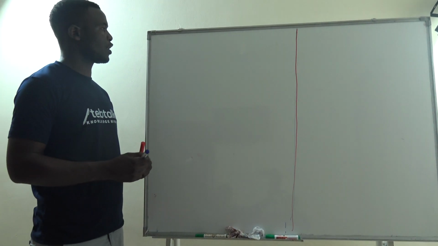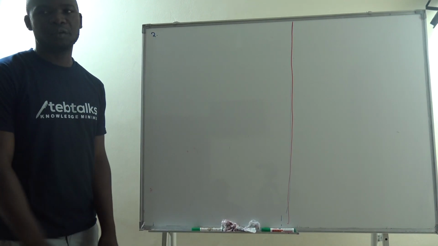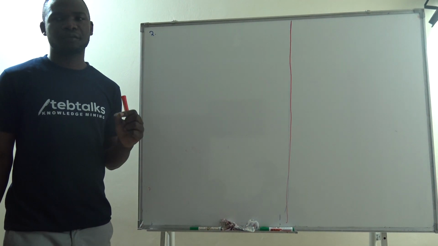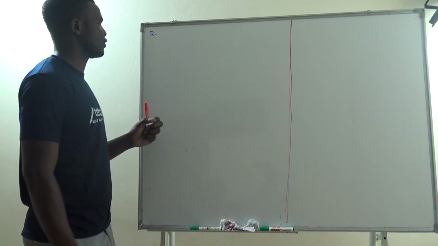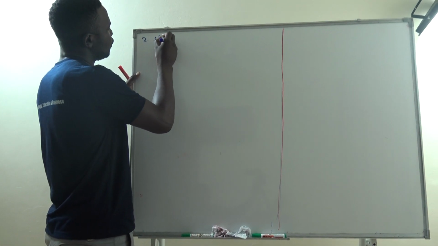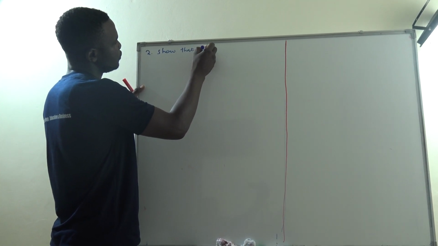Still on the uses of dimensions, we are looking at the second example where we are still using dimensions to derive equations. Now, we are saying that show that the velocity